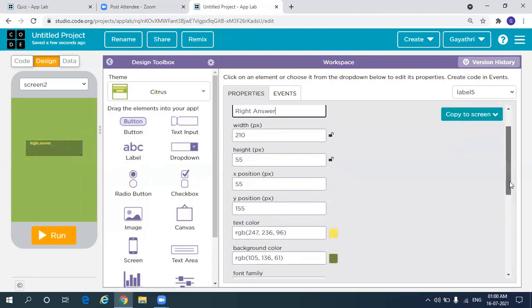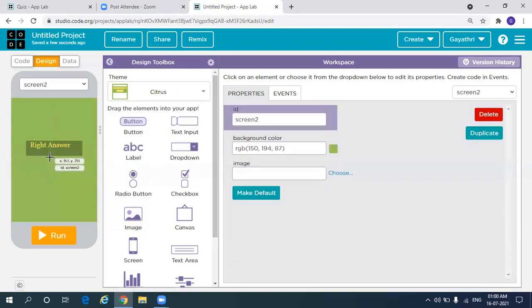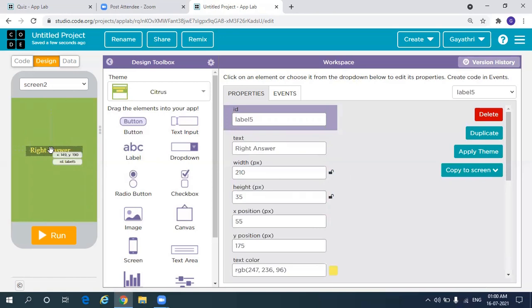And the text size will be say 20 or 25. Yes. Okay, I have the screen for right answer.